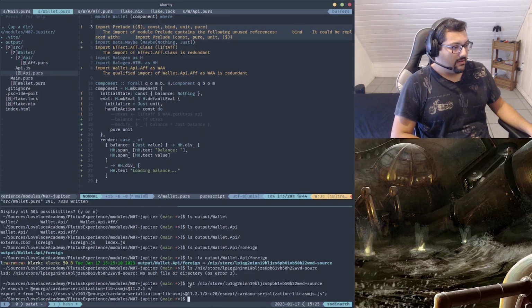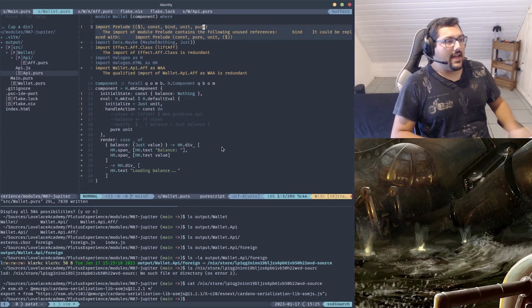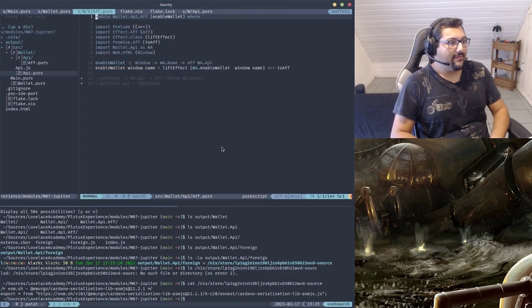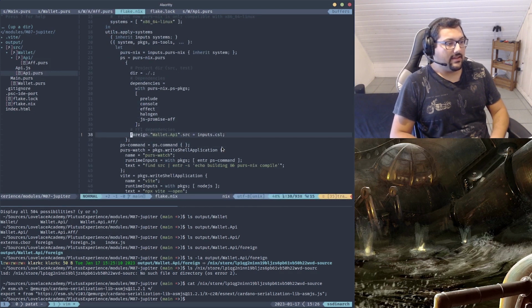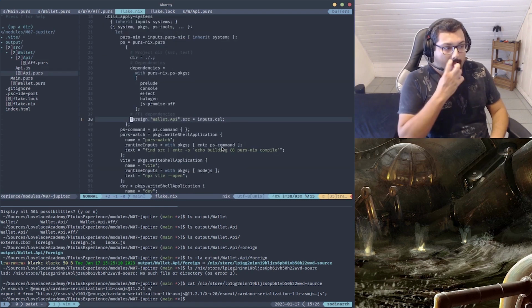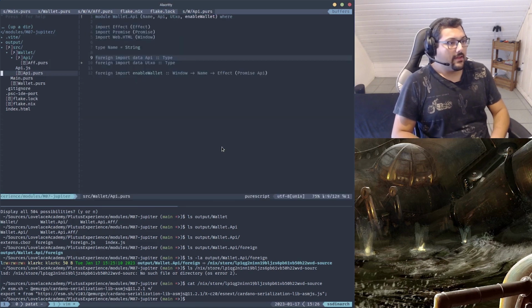If you just show the input of that, you're going to see, oh, okay, this is a JavaScript file. So that's how we have in the flake.nix the foreign function import pointing to this Cardano serialization lib. And with that, we can, for example, import from here